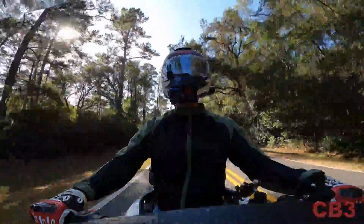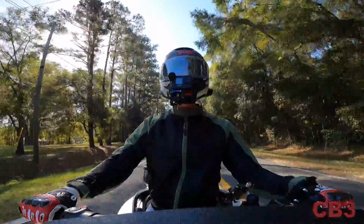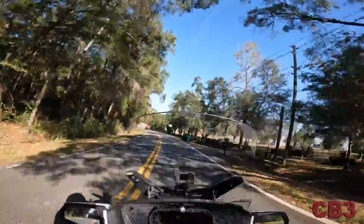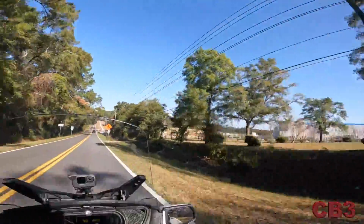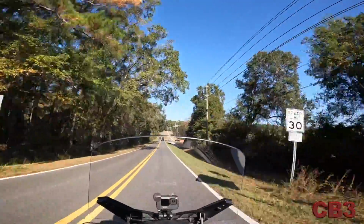All right, so let's talk about the old CanAm Spyder. By the way, the new Amazon building, beautiful, huh? But the CanAm Spyder,